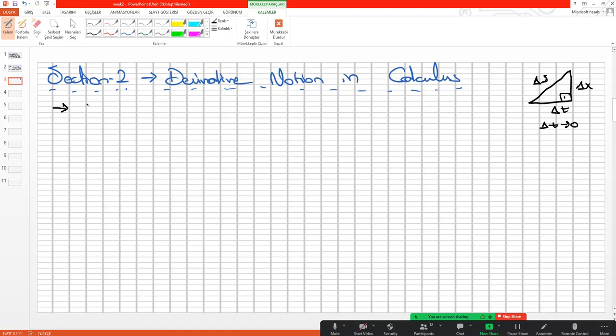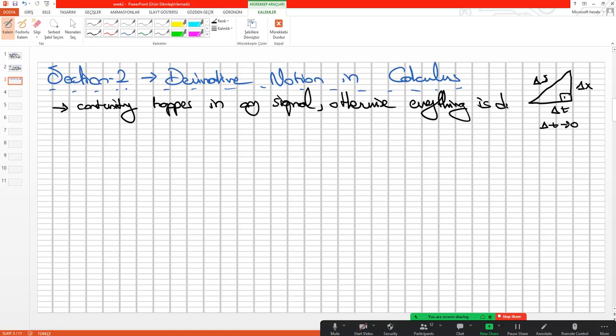Okay, continuity happens in any signal or any dimension, otherwise everything is discrete, and this is not useful in real life application, because we have the continuous signal, we have everything in the physical world, we have continuous. Okay, but